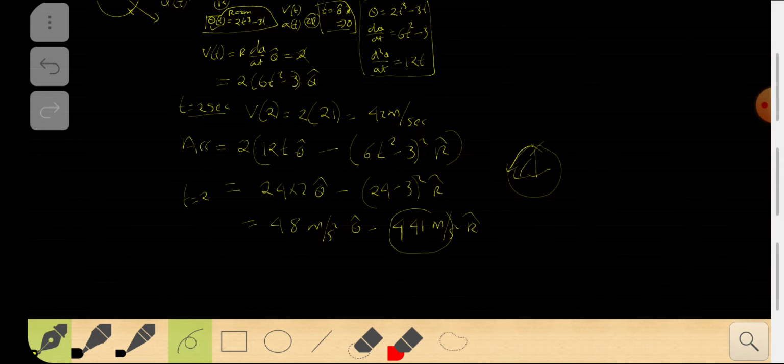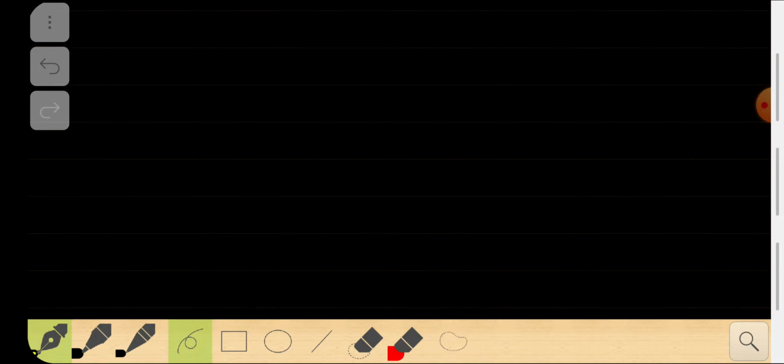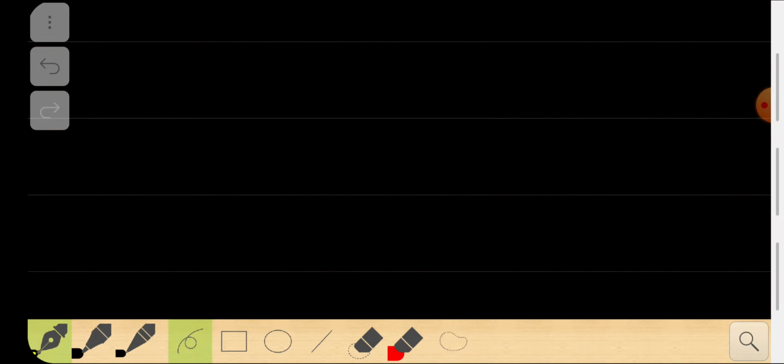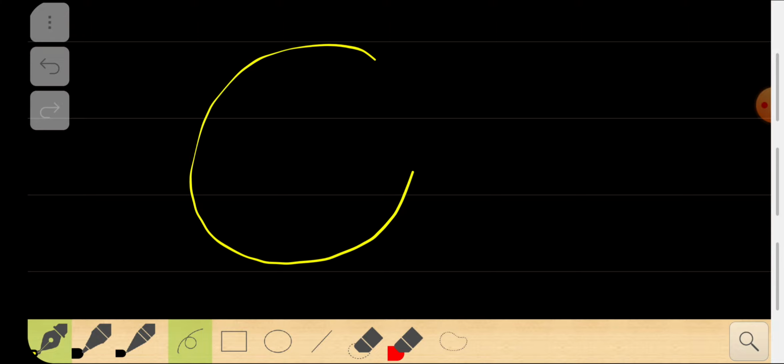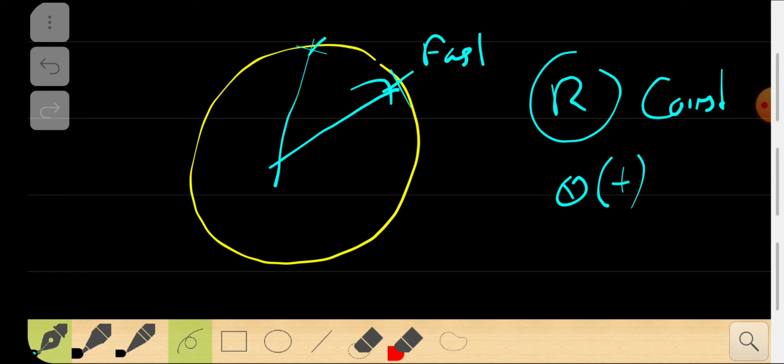Now if you want to find out the time when the acceleration is 0, what does that mean? If you are moving like this, at some point the radius is a constant in this problem, right? Radius is a constant, but theta was changing. So theta was changing, that means it is going faster at some points and slower at other points, right?